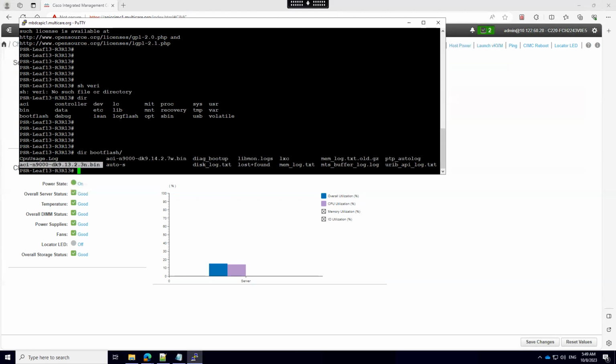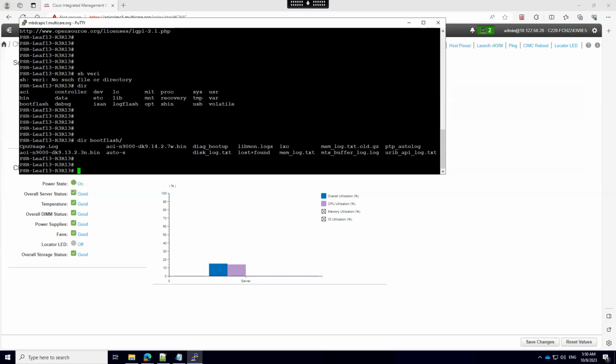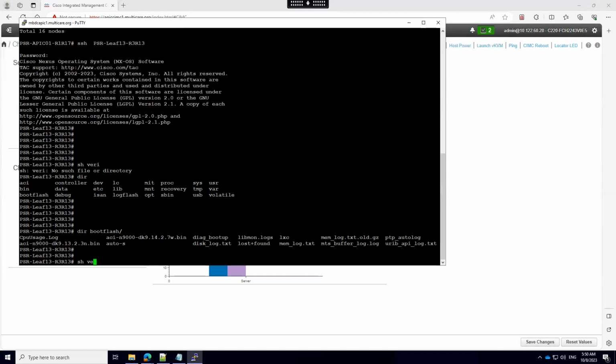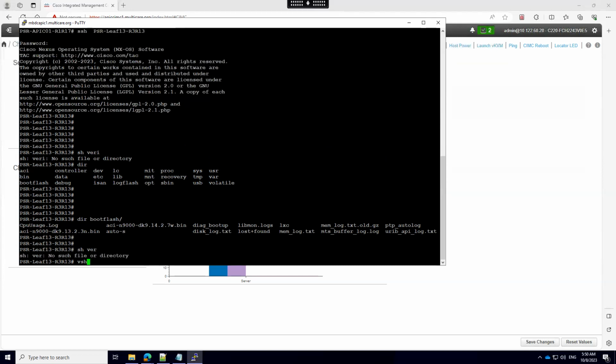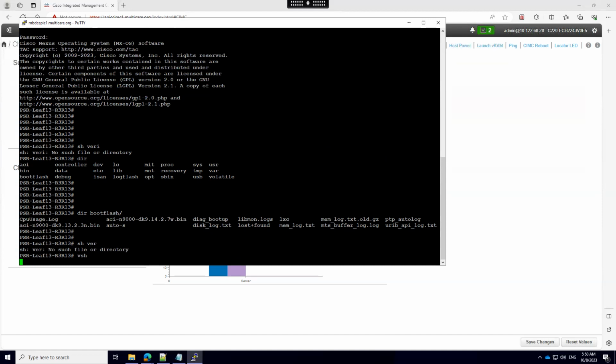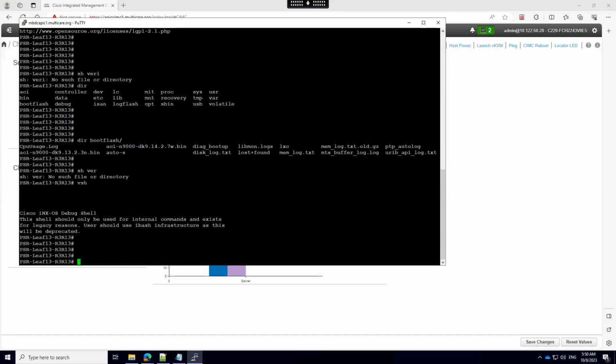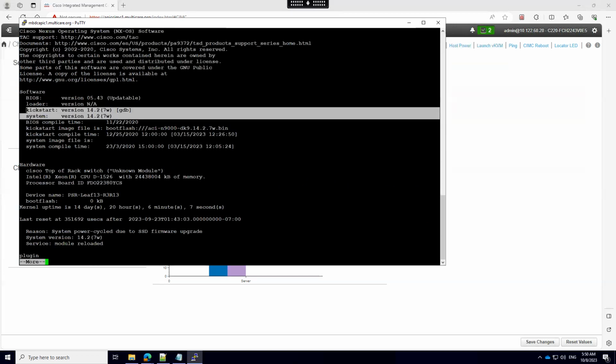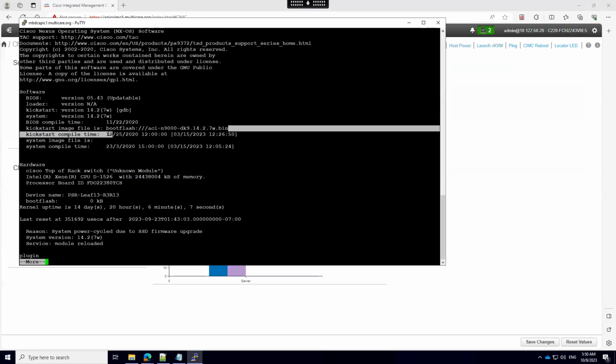But if Cisco gives the box with the non-ACI image, what do you have to do? Show version. In the show version, VSH, you will see that I have kickstart and system image, saying that you have the NXOS image now.